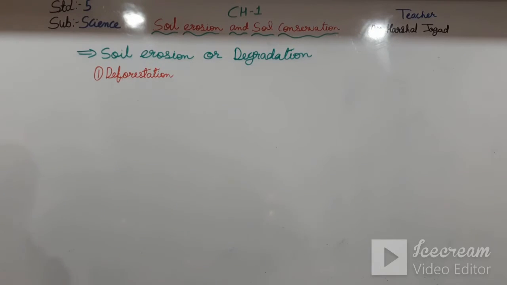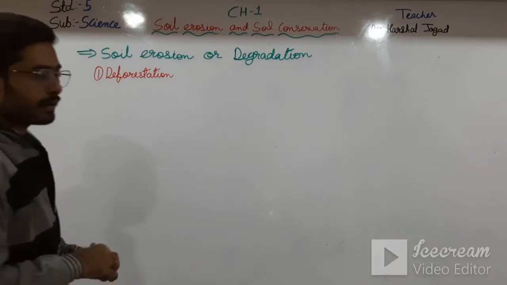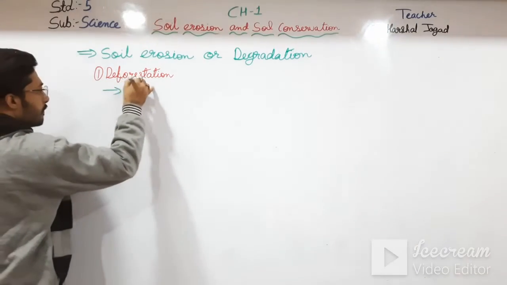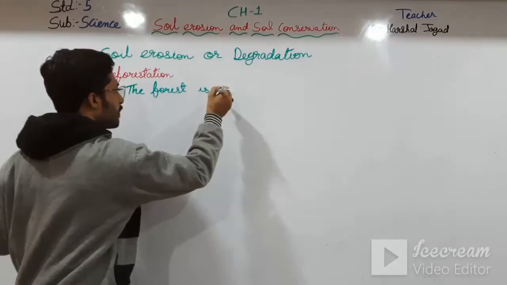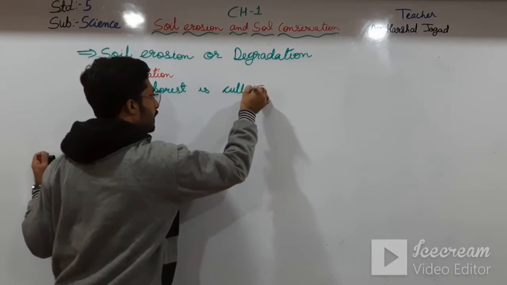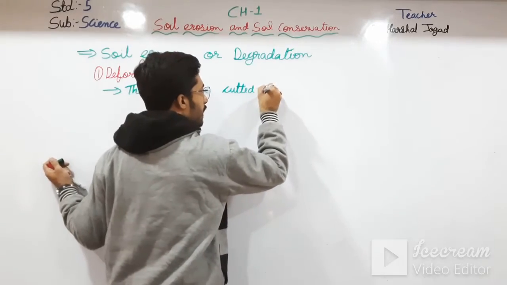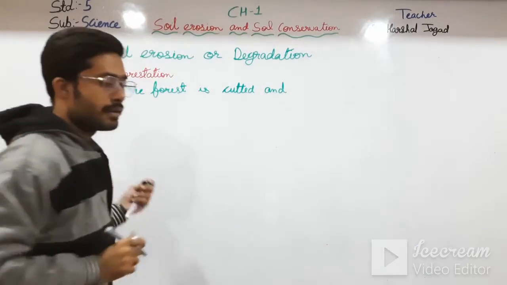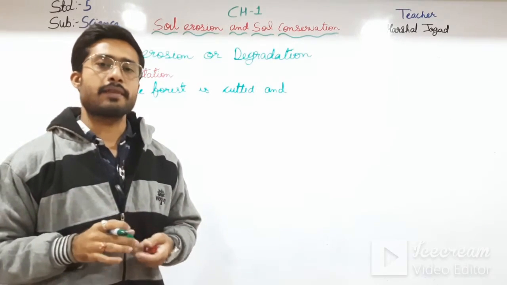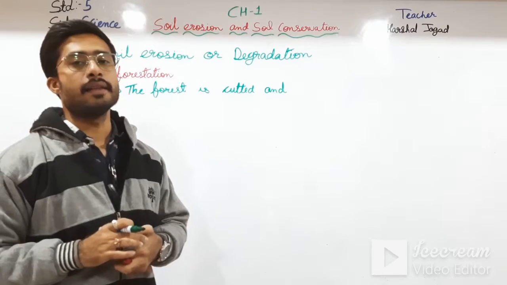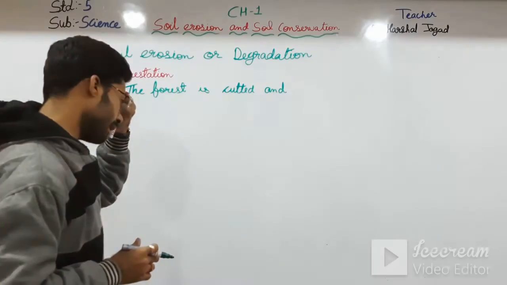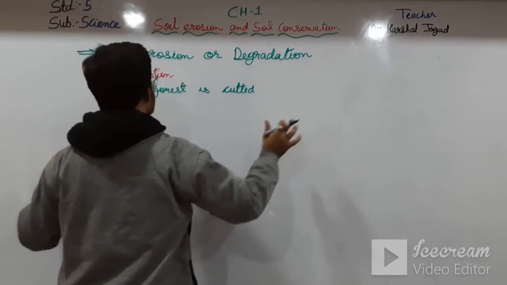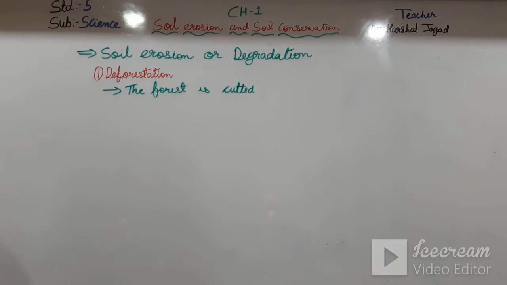Deforestation. So, in deforestation, what happens? The forest is cut down, and what happens? The space for animals will go, and for the increasing population the demand of land and also the agriculture increases. So I will only write the forest is cut in the deforestation